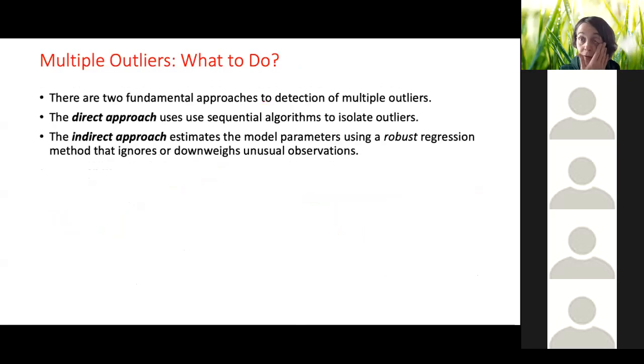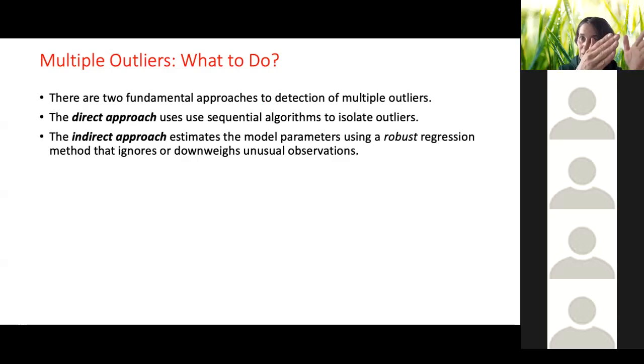There are two fundamental approaches for this problem. The first one is called the direct approach, and the second one is called the indirect approach. The direct approach basically tries to use different sequential algorithms to isolate outliers. So they basically try to identify the data points that are outliers, and they do it in a sequential way. The indirect approach uses robust regression. Robust regression is basically just an alternative to ordinary least squares regression, and it operates by either downweighing,